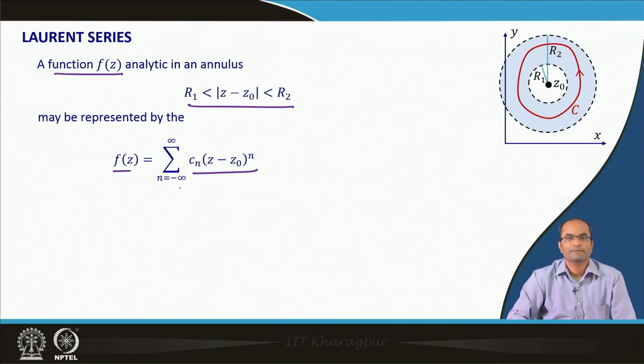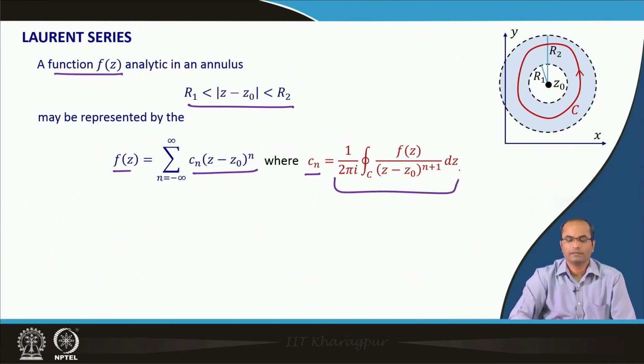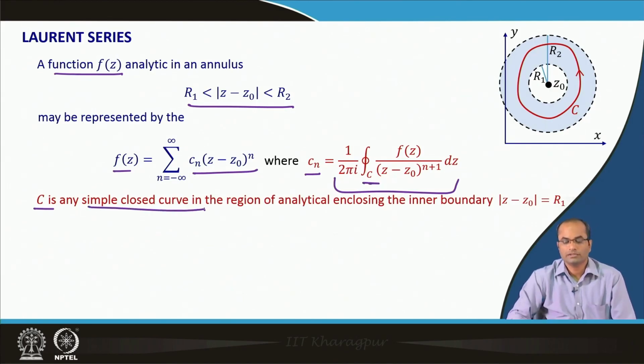So, now we have added from minus infinity to minus 1 these terms, and similar to the Taylor series, this coefficient C n can be represented by this integral, which comes to be the derivative of f basically. And this C here in this integral is any simple closed curve in this region of analyticity enclosing